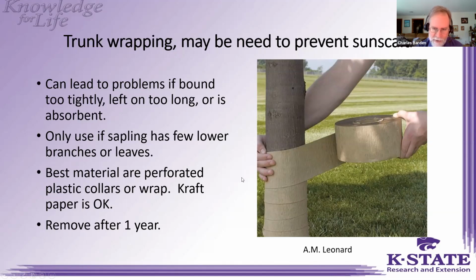This is a craft paper wrap we see here, kind of what they call a crinkly paper wrap that sheds water quite well, a bit hydrophobic. You can see this one is wrapped from the bottom up. This is quite important, to wrap it from the bottom up, so each layer overlaps the one below it, like overlapping shingles, and sheds water away from the trunk. You don't want to wrap it from the top down. Then it's like a big funnel on the side of the trunk, and you get a lot of water trapped between the layers. And you should be able to remove that after 1 year.